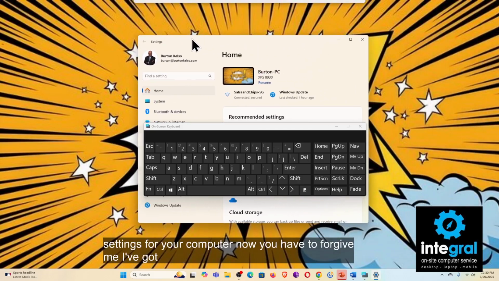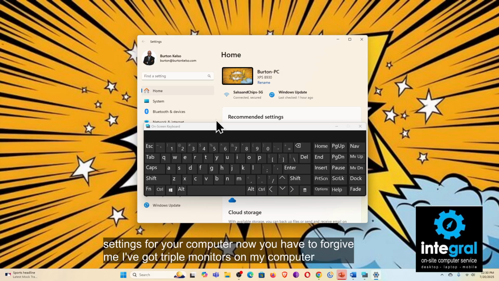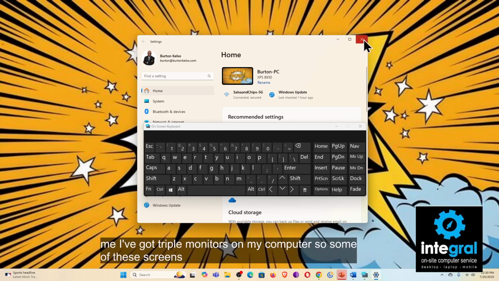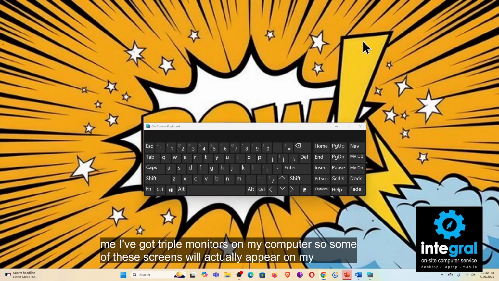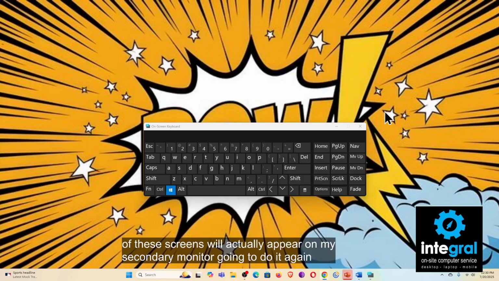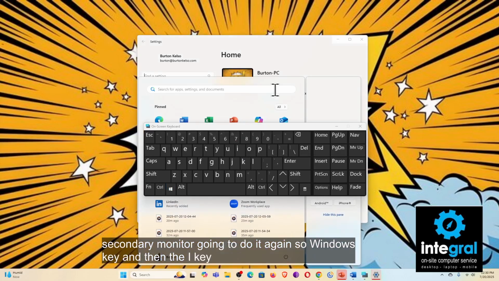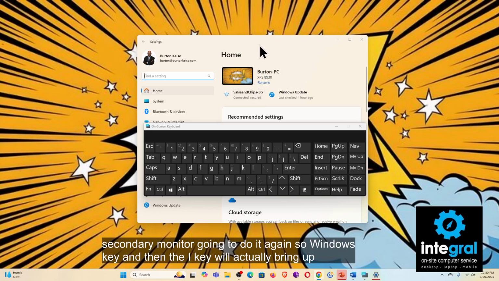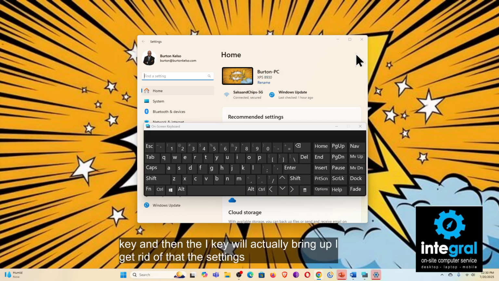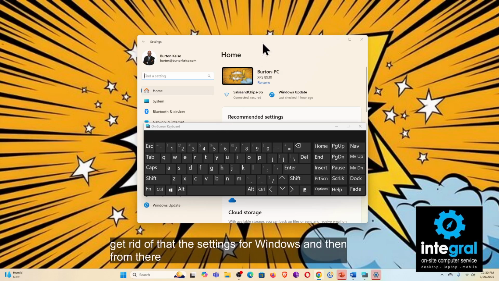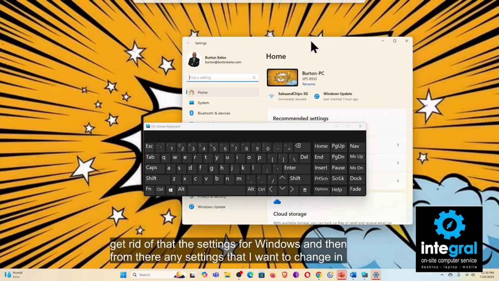I've got triple monitors on my computer, so some of these screens will actually appear on my secondary monitor. I'm going to do it again. So Windows key and then the I key will actually bring up, if I get rid of that, the settings for Windows, and then from there, any settings that I want to change in Windows, I can go in and